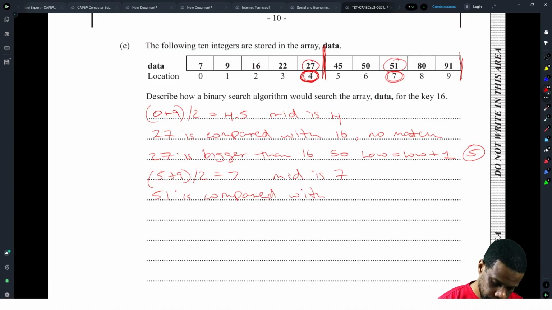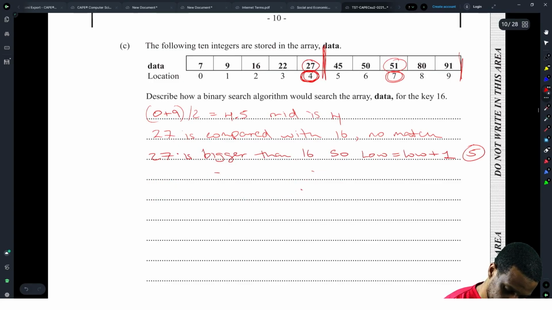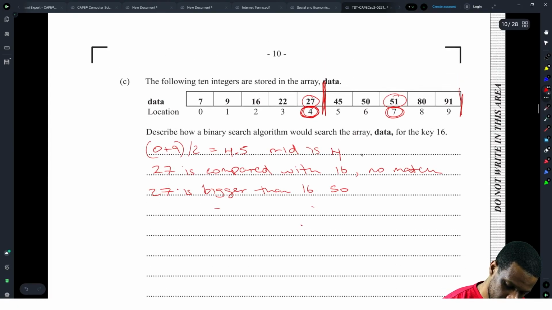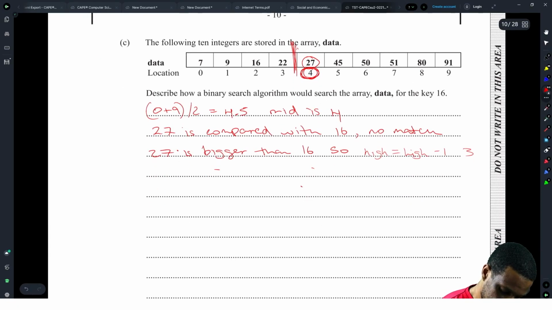No, my bad. Let's dial it back there for a second. Sorry, my bad. Mistake. I went the wrong way. 27 is bigger than 16, so you want to say high is equal to high minus 1, which is 3. So essentially what we're doing is cutting off this part of the array. Then we have 0 plus 3 divided by 2, which is 1.5. So mid is